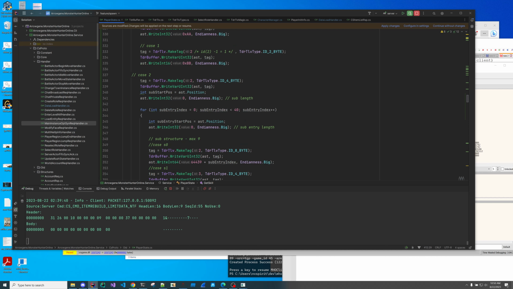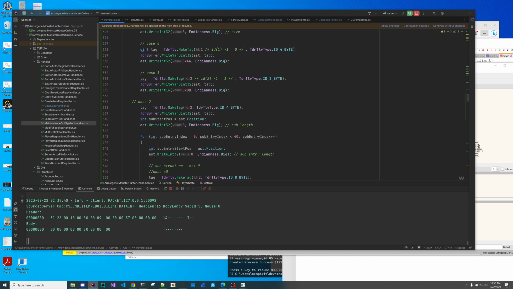Okay. So for case 2, we're actually 83. So this minus, sometimes it will also be -2 for other structures, but for this structure it's -1. So to have case 2, we need to provide the number 3. We remember our position of the structure. We write a placeholder for the length, and at the very end we actually go back to that position and write the calculated length. Okay, and we know that we can have a maximum of 5 substructures,